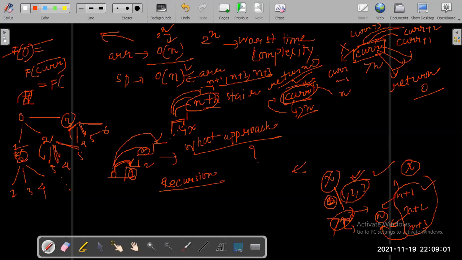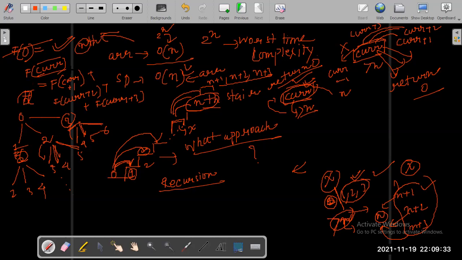If I'm standing at a current stair, what should be the recurrence relation? I should make f of current plus 1, f of current plus 2, f of current plus 3. This is my recurrence relation, right? Addition of all of these will give me the number of ways such that I can reach the nth stair.